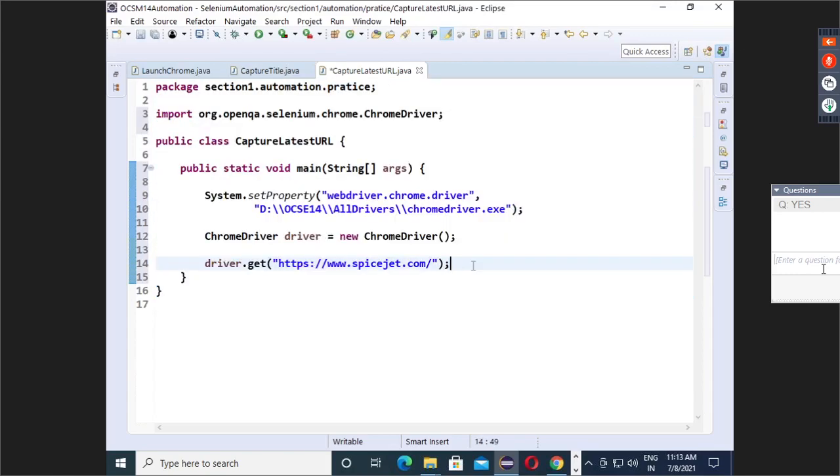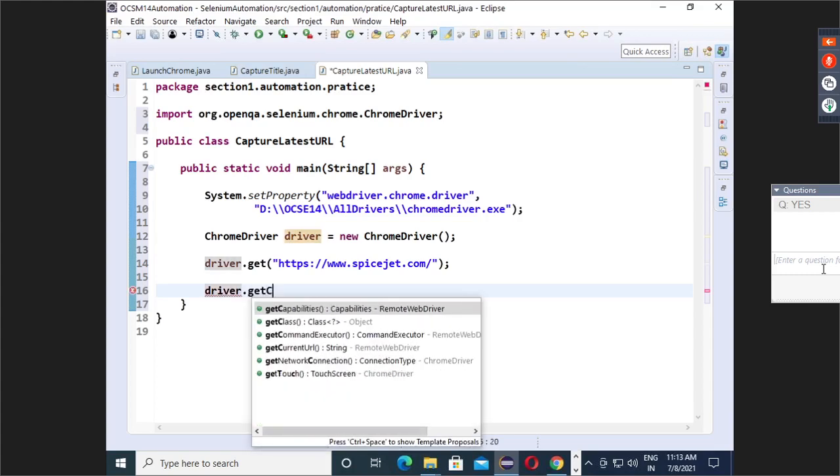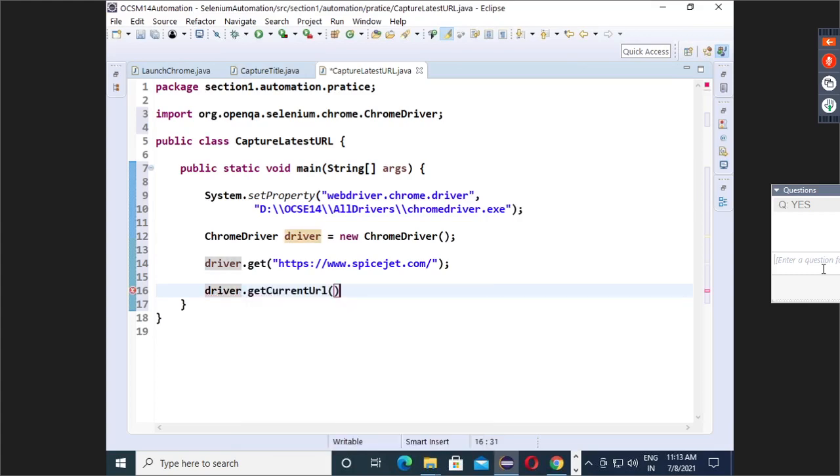So after this guys, if you want to fetch the latest URL, then in the driver you will have one method, getCurrentURL. Is everyone getting my point? We have a method as what? getCurrentURL method. So guys, I hope you understand the purpose of this.